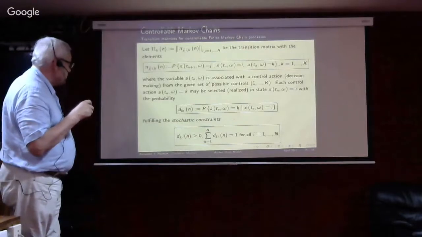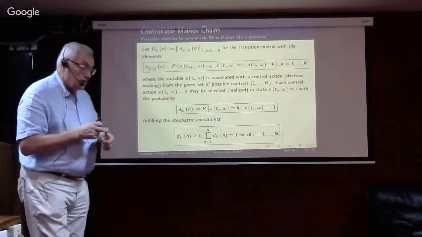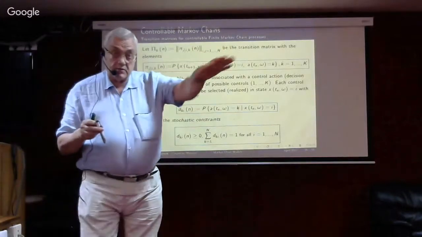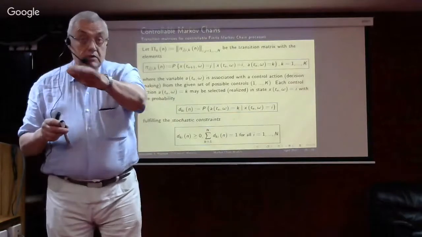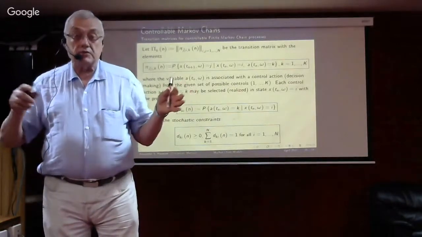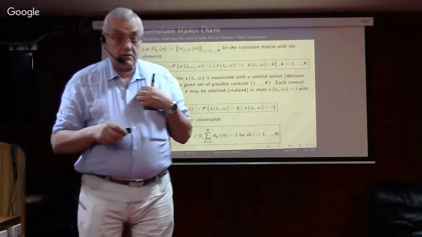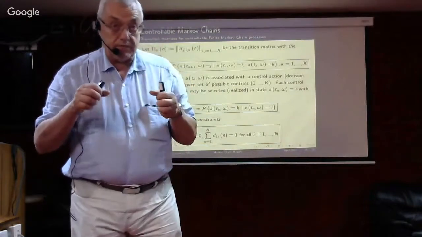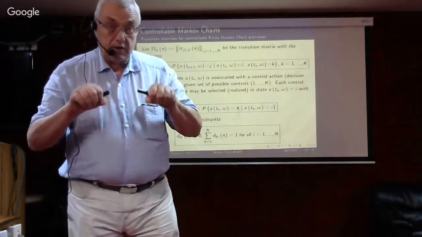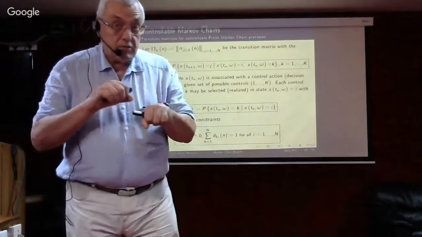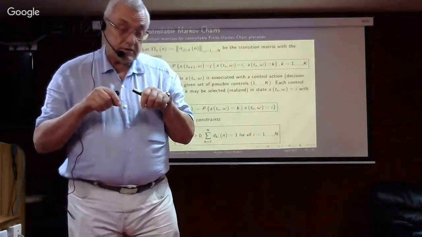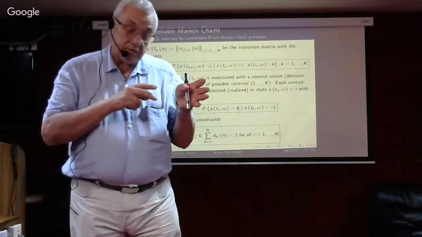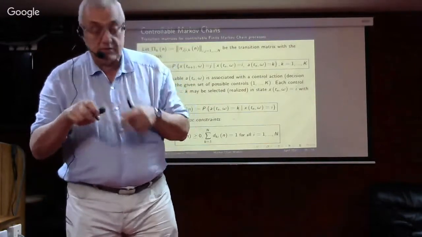So the third index means that for one index we have one Markov chain, one scenario, one model. For another index, we have another model. So we have a collection of models. And what is this control? We have the opportunity to select which model to use, or to give preferences. Some intervals use one model, some intervals use another model.